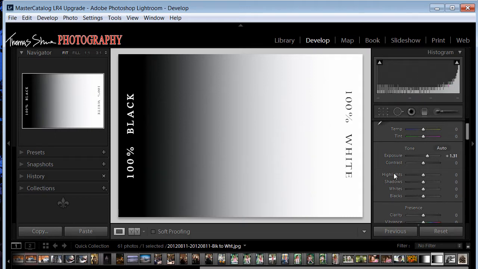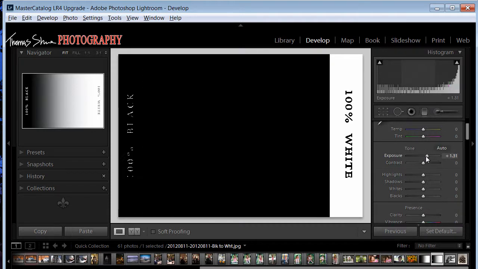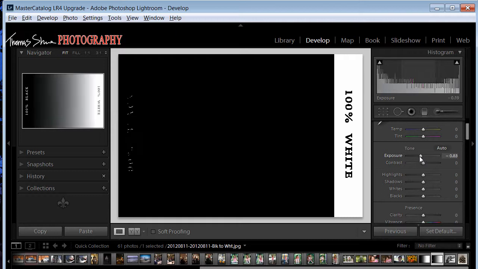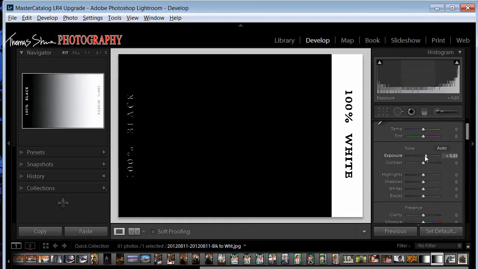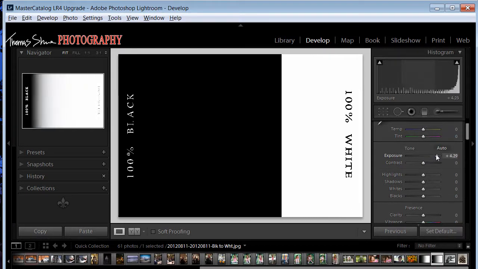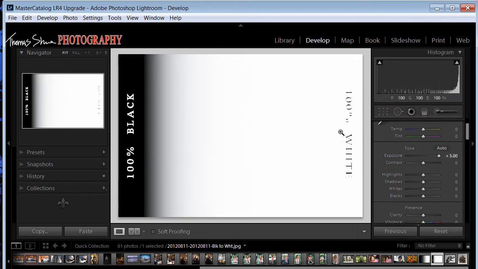Well, there's a trick you can do, and you can create a clipping mask by just holding down the Alt key and clicking this slider. You see that transition there, that line between white and black? Well, that's the exact point where white is. All the way up to that line is 100% white, and as I increase exposure, that white point moves to the left. That's important to know because this lets us know where we can set a white point in our